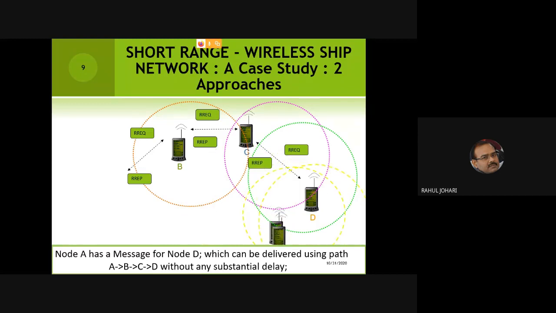Now another approach: node A itself moves around. So I do not take the help of the intermediate node because I don't trust them. So what node A does is move around himself. Here the nodes are, let's take, social carriers. We as human beings are carrying our smartphones, our mobile phones. So we are carriers of these particular nodes. As we move around, so do these nodes. So my movement helps in the transmission of the messages.